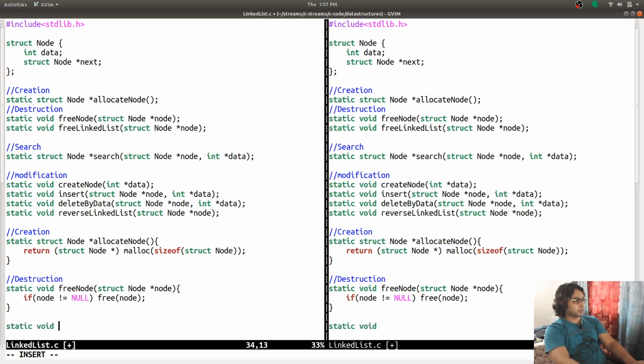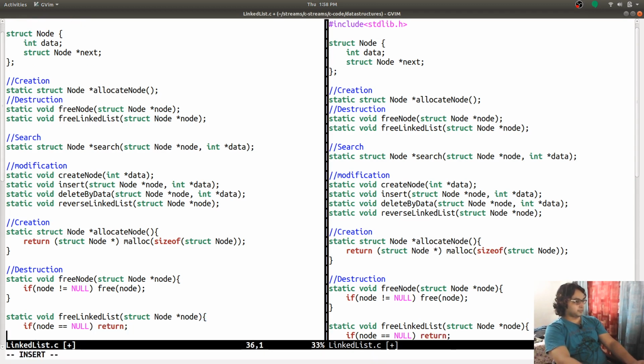And then in the next case I have to implement static void free linked list, struct node. So basically it is telling me that if node is equal to null, then just return, do nothing.